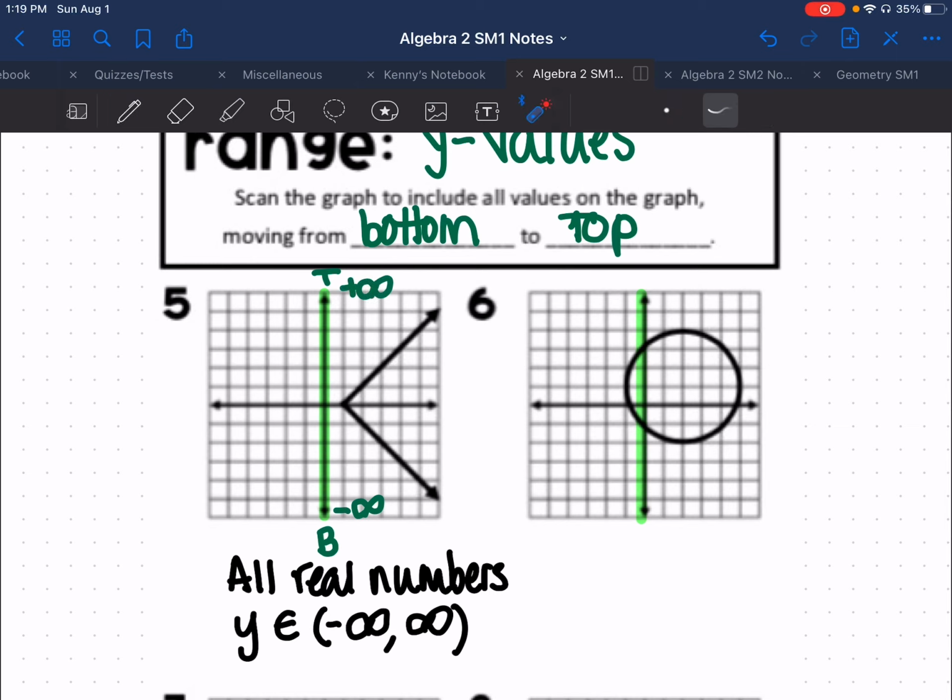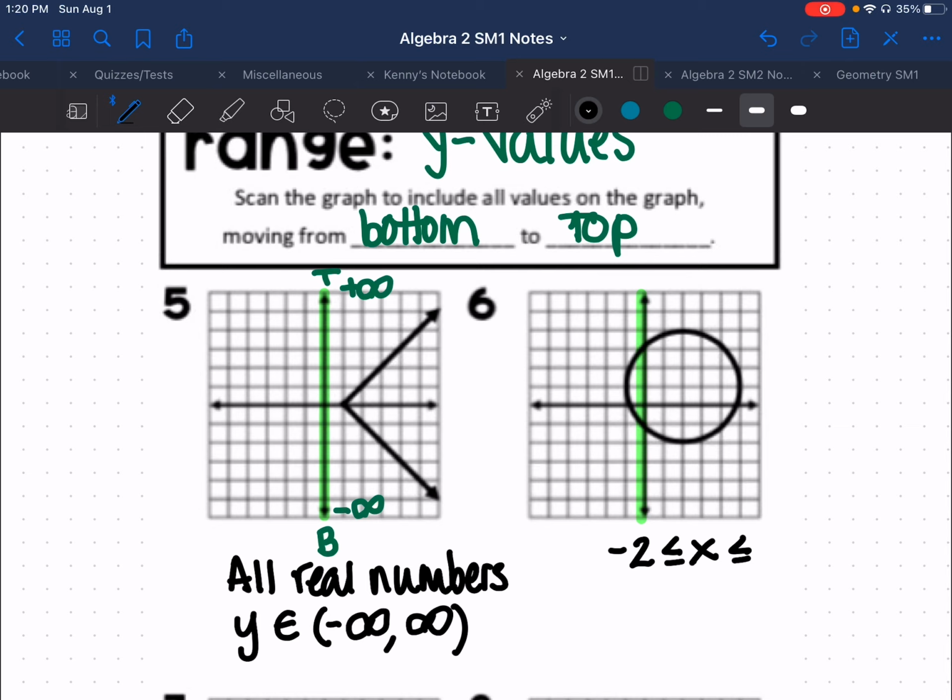So let's look at number 6 here. There is no opening or closing in this graph. This graph is not continuous. So I'm going to find the bottom part of my circle and I'm going to pull it over to the y-axis. And then I'm going to find the top part of my circle and I'm going to pull it over to the y-axis. Everything in my graph is going to go right in between these two numbers. This one at the bottom appears to be -2, and the one at the top appears to be +4 if I count it out. So my graph is going to be in between -2